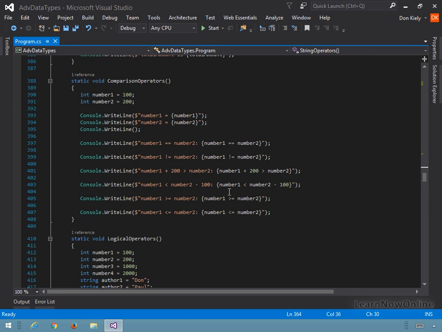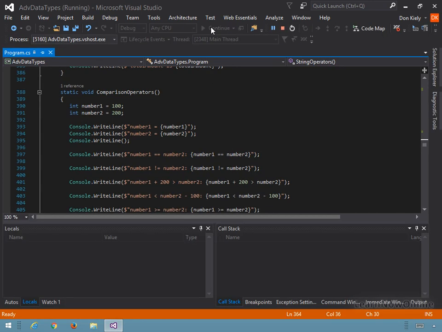Is number 1, which is 100, less than number 2 minus 100? Number 2 minus 100 is 100. Those are equal, so it's not less than. So this is going to return false. And then check to see if it's greater than or equal to and less than or equal to. So I can run this code